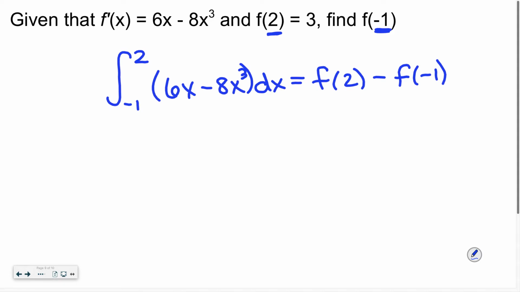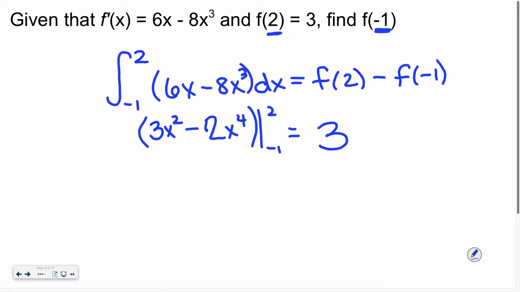Find me, what's our antiderivative here? 2x. And we know that f of 2 is 3, and we're finding